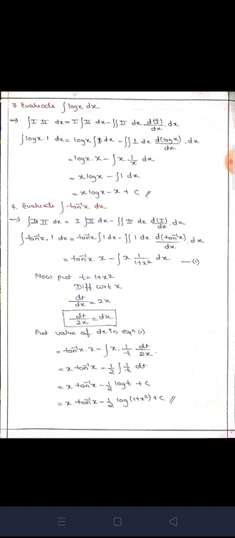So the fourth one, evaluate integration of tan inverse of x dx. Again here you are having only one term, but we don't have integration of tan inverse of x, right? We have integration of 1 upon 1 plus x square as tan inverse of x, but directly we don't have a formula for integration of tan inverse of x. So here again you have to use integration by parts.